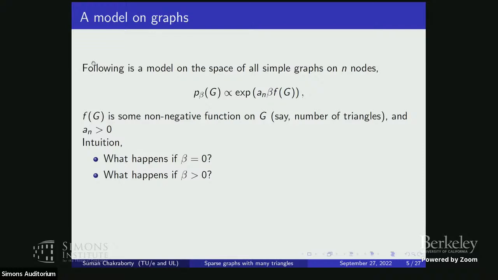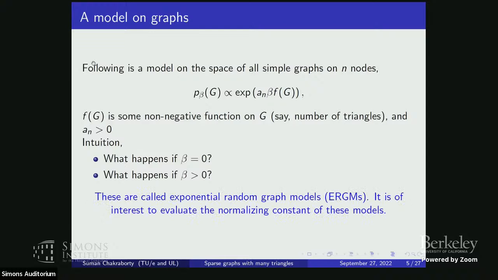So if you think of f as the number of triangles, then this measure will favor the configurations where there are more triangles. So one would expect, or one would think, that this will do the job. And why one considered this? Why not a polynomial, say? So these are called exponential random graph models. I have not invented this. These are known in the literature for a while.